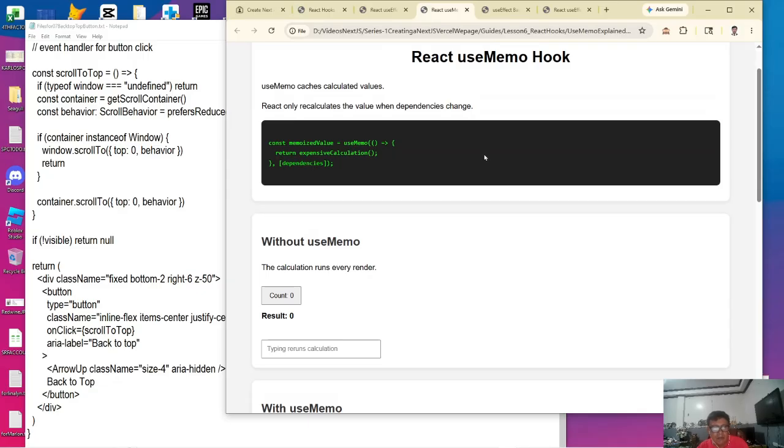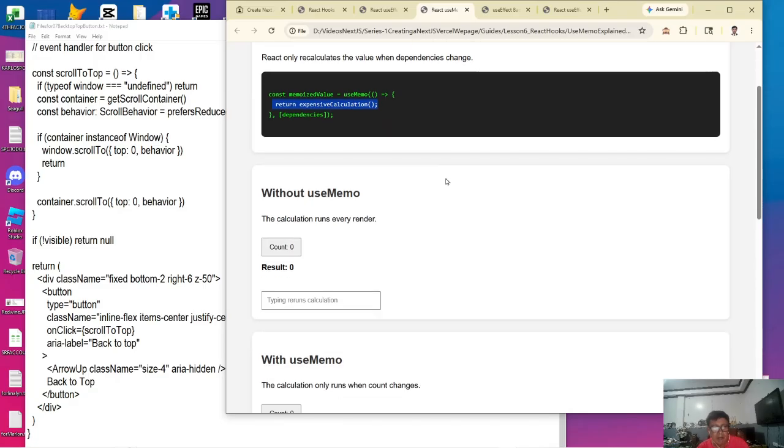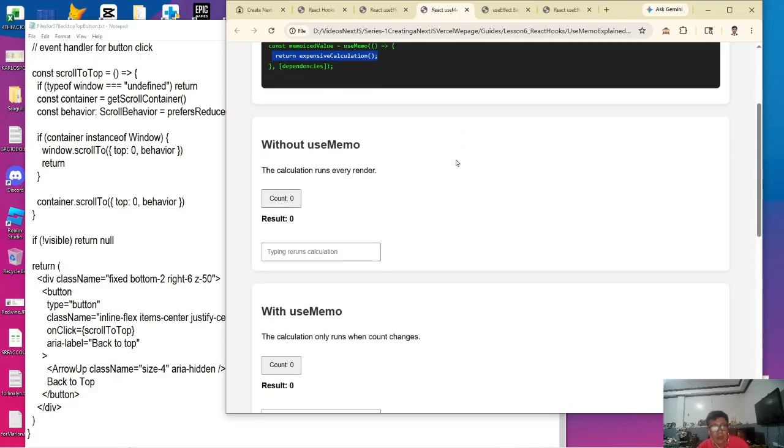Here's an example of a useMemo. So we have a memorized value called memoizedValue and we declare it using useMemo. We call a function that will, say, run a long loop and perform an expensive calculation, and it has a set of dependencies like the useState hook. Without useMemo, you have two inputs.